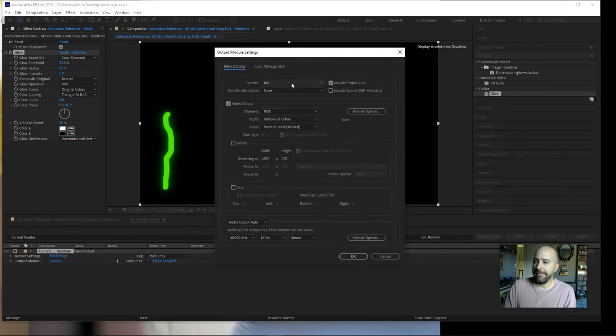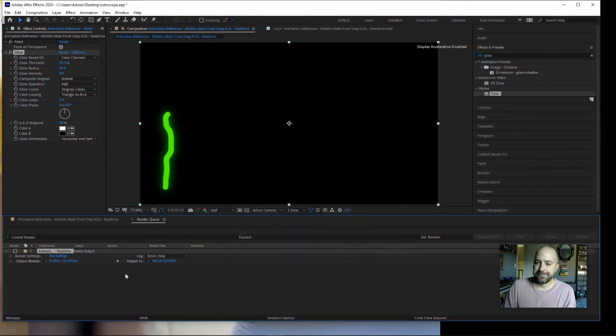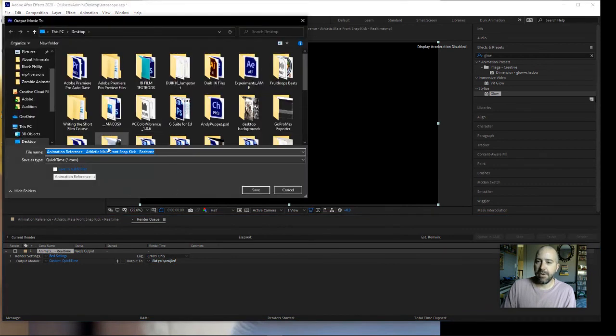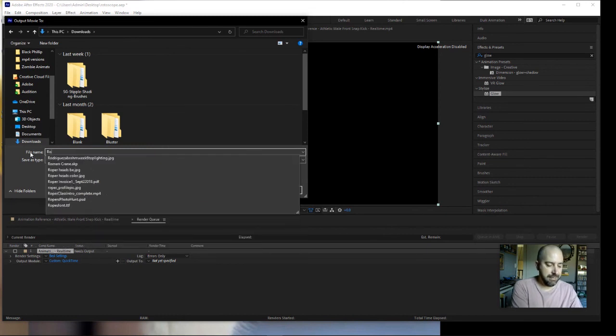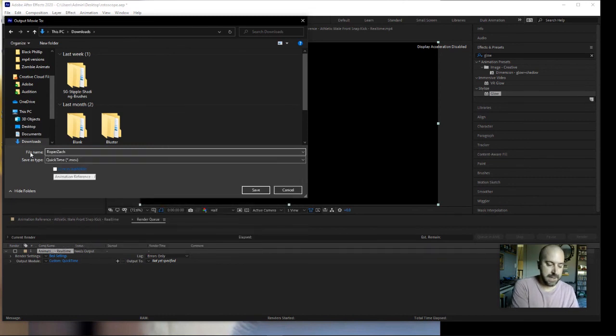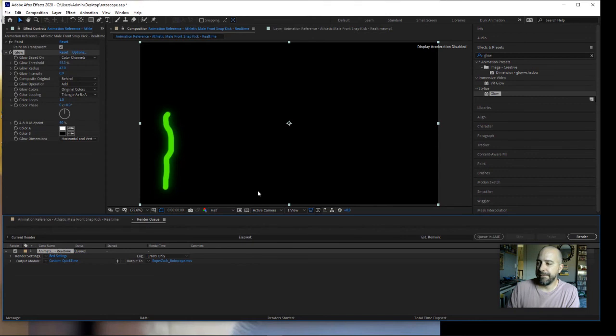Window will pop up. And we're going to change our format to QuickTime. Okay, that's just going to make it a QuickTime video. We're going to click OK. And then where it says output to, if we click this word, we can decide where we want to save it. So I'm going to save mine into my downloads folder, and I'm just going to name this my last name, first name, and call it Rotoscope. Okay, Rotoscope. I'll hit save,